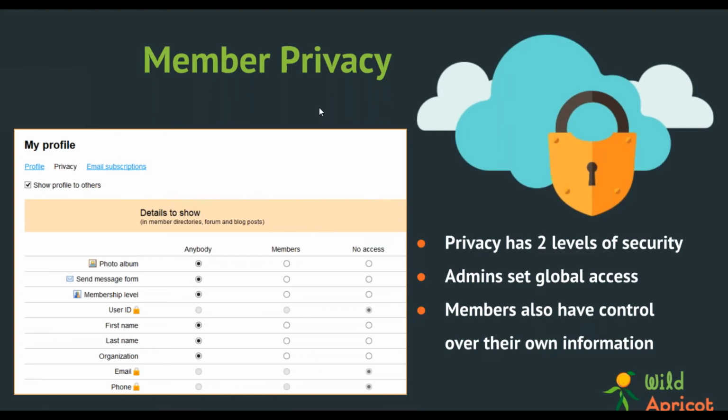If you take the top option there, the photo album, the admin has the ability to set the privacy for that to anybody, so that any public user can potentially see that photo album. They can set it so that only other members who are logged in can see that photo album. And of course, you have the ability to set it so that it has no access, so only the administrator and the individual themselves can see that particular piece of information.